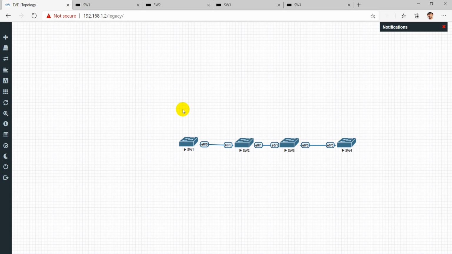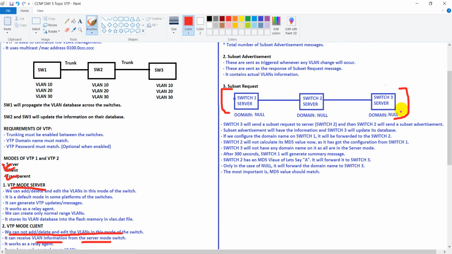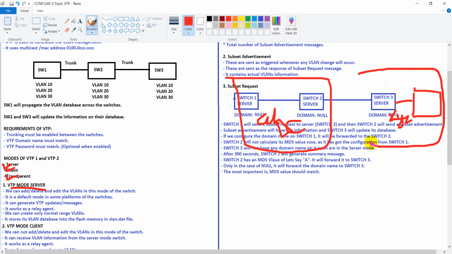So now as these two are in a different domain and these two switches are in a different domain, so let me come on to this topology. So let's assume that this is also a switch connected here. The domain name is XYZ for both of these, and the domain name is ABC for both of these. So these switches are in ABC domain and these switches are in XYZ domain.